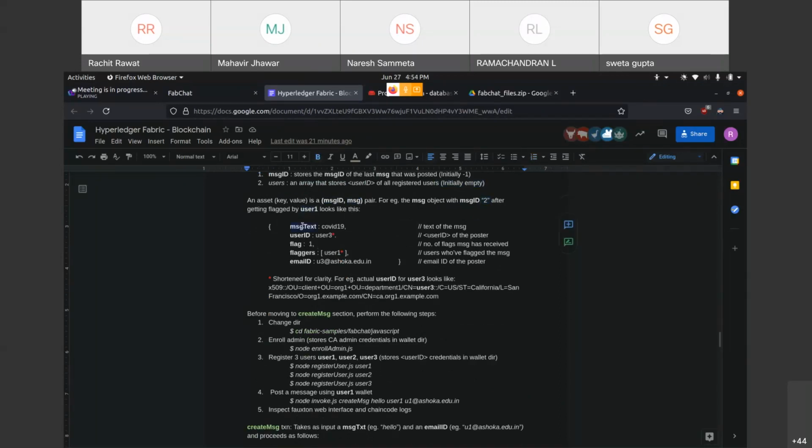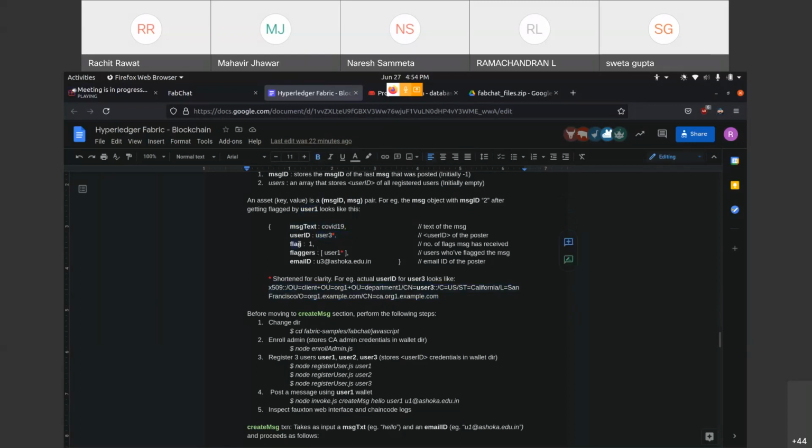The object will have the field message text, which contains the text of the message, and the user ID of the poster. For clarity, I have shortened it. This is not exactly what it looks like. It's more like a certificate string that you see here.